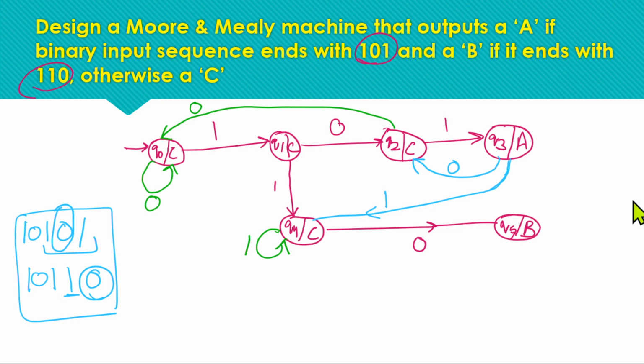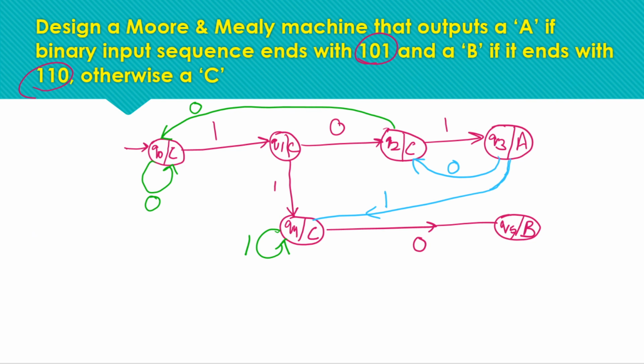Next, now coming to state q5. Being on q5 means we have received 1 1 0. So next, if we receive a 0, then the pattern is totally disturbed and we have to repeat the patterns, so for that we have to move to the initial state for 0, right?